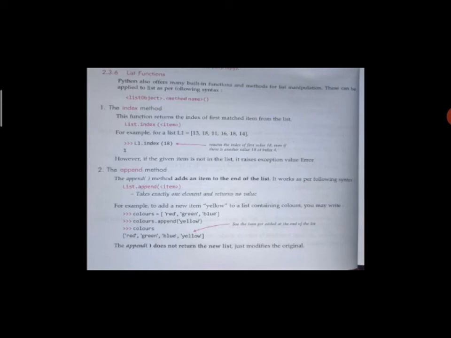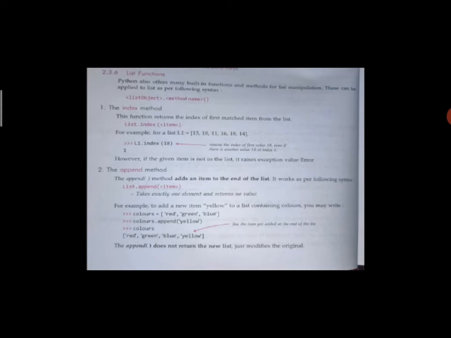Here L1 is the list, dot index is the method, and in parenthesis what you are searching for. Okay, now you write 18. The result returns the index of the first value 18, meaning the position of the first 18, even if there is another value matching. Now the index is 4. Okay, those are shown in a list.